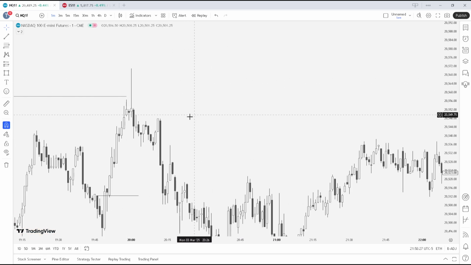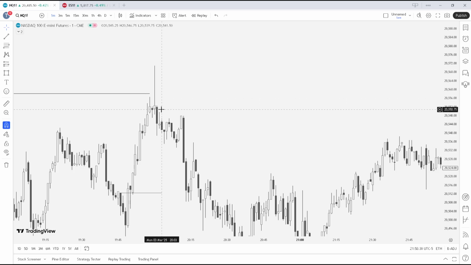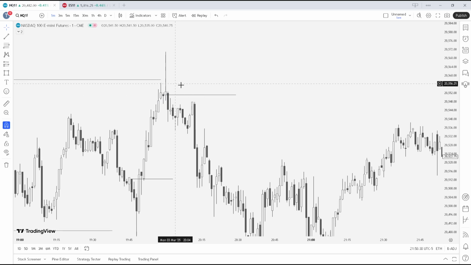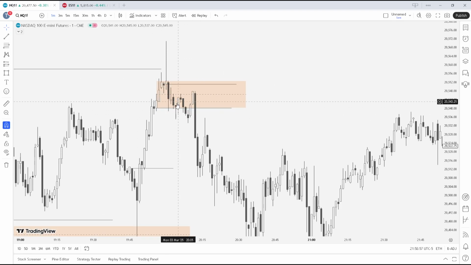Now, once we sweep the relative equal highs, what do we get? Technically, this would be your order block now, since this is the last series of up close candles. But I would just use this entire range, since if you go onto the higher time frame, it all merges into one candle. So I would be looking at this entire range to act as an order block. And then what do we see here? We close below right here, and then we get a retrace into this order block,